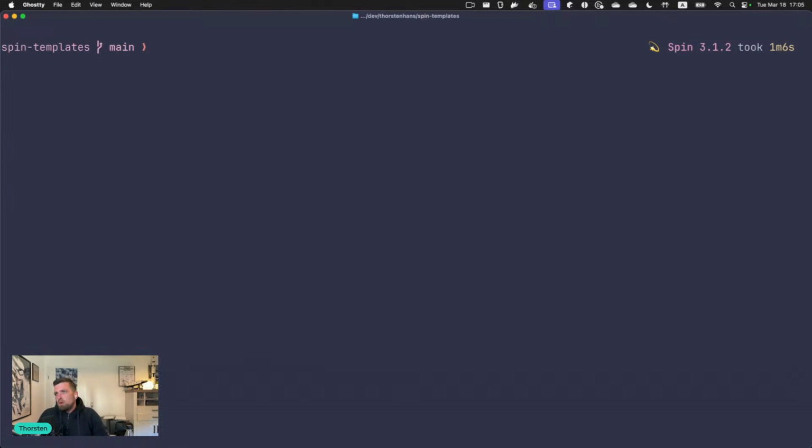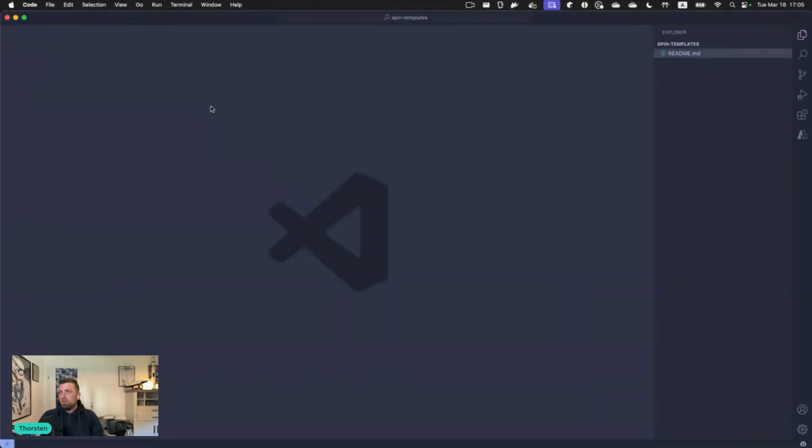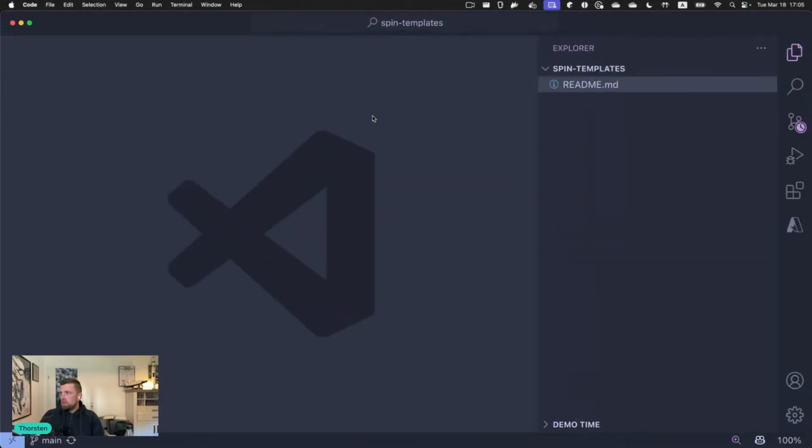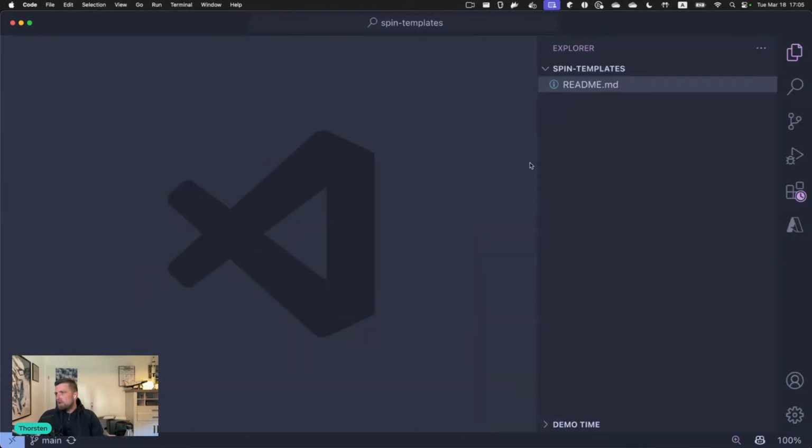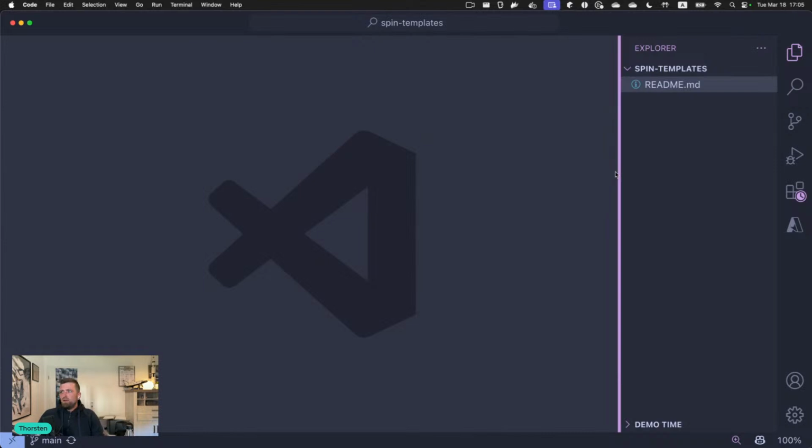There are plenty of templates out there that you could use as a basis for creating your own. But I want to do everything manually. So let's open up the folder in VS Code, and let's also bump the font sizes over here. Oh, no, not that much. I think this should be enough. So on